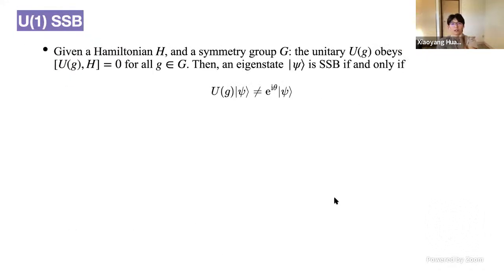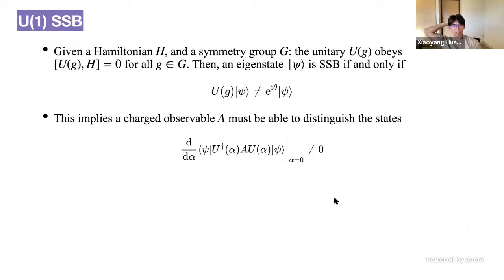Right. Okay. So to give you a sense of the effective field theory, let me start with the conventional superfluid phase where the U(1) symmetry is SSB. Here I'm showing you a very general definition of SSB, where you have a state that transforms non-trivially under your symmetry group, while your Hamiltonian, which captures your dynamics, is symmetric.